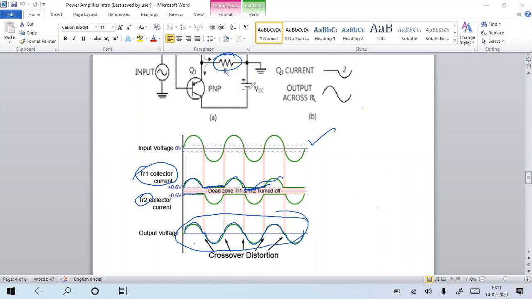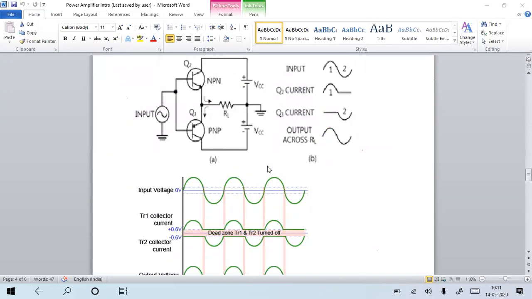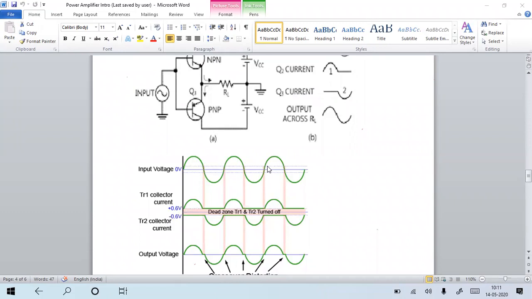This is the same, but each transistor is on for only one of the cycles, and the remaining half cycle is clipped off. So it is maintaining the class B operation. Now we are going to see the efficiency. How can we find the efficiency? The efficiency of the circuit is the conversion efficiency. We say eta in percentage is the conversion efficiency.